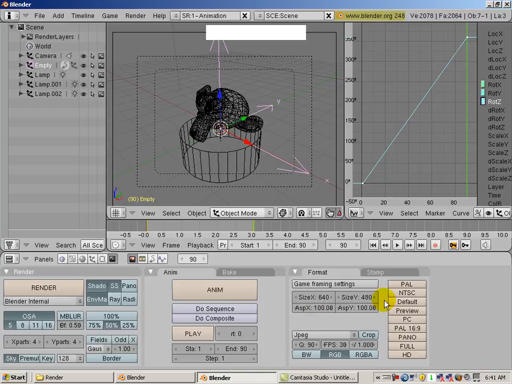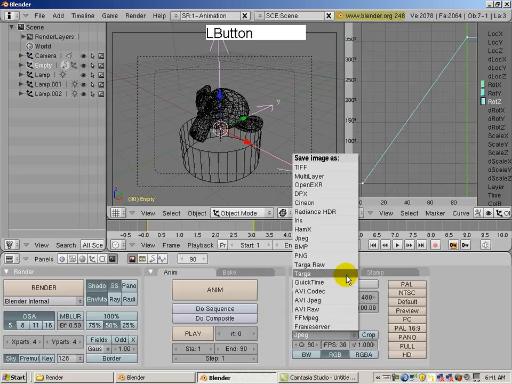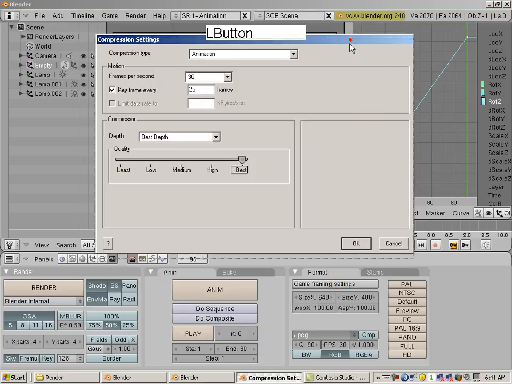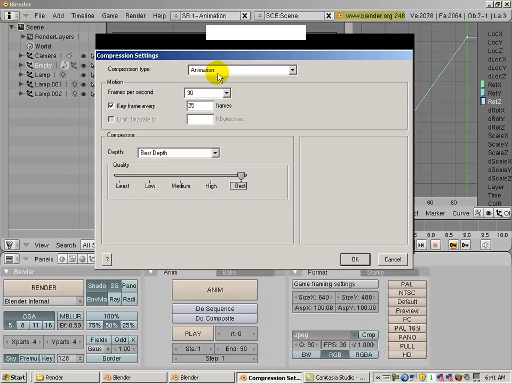Over here we've already set our size and frame rate, but we do need to set the animation type, or the file type, since this will automatically be saved. So if I use JPEG, I will get 90 JPEGs, and that's fine if I would like to compile a movie in an application later. However, I'd like to make a movie, so I'm going to choose QuickTime as the movie type. I also have AVI. I'll choose QuickTime in this case, and I get a dialog for the compression settings,